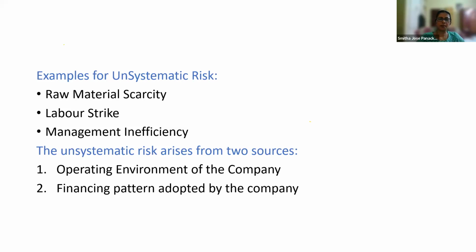And this can happen due to two things: the operating environment of the company and the financing pattern adopted by the company. What do you mean by operating environment of the company? Operating environment means here basically we refer to two types of cost, fixed costs and variable costs. And what do you mean by fixed cost? Fixed cost means,